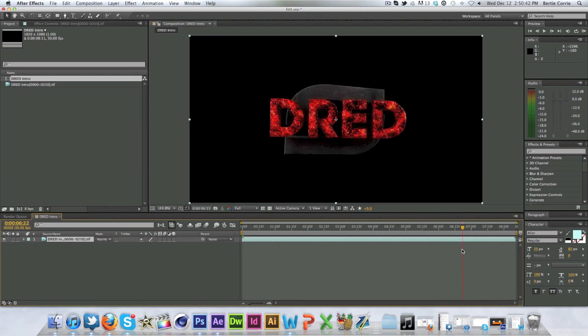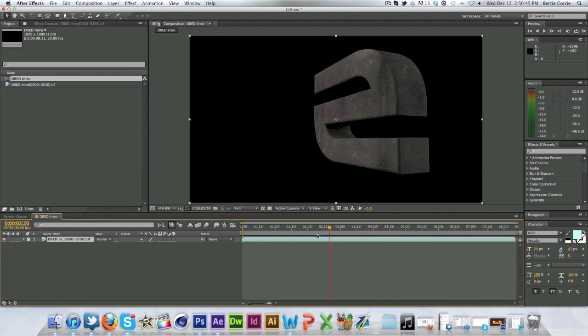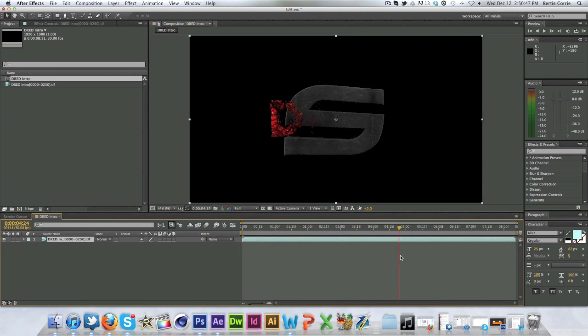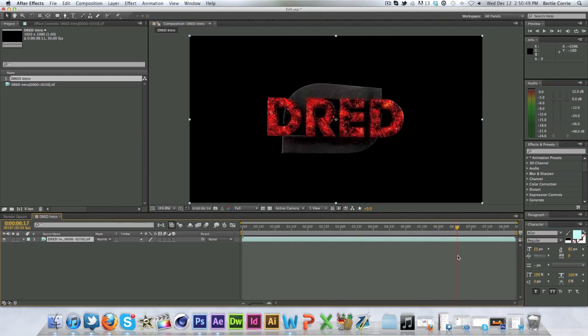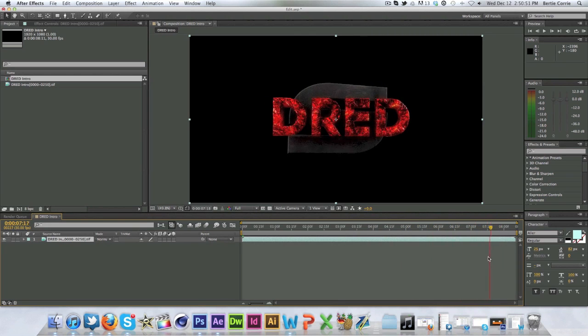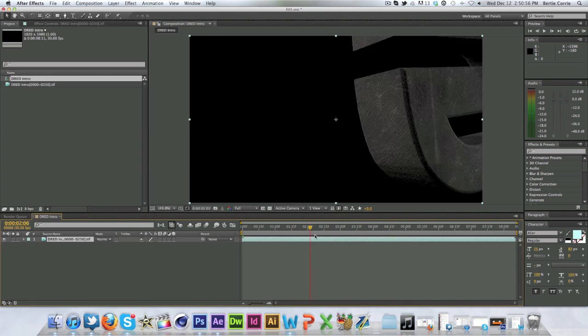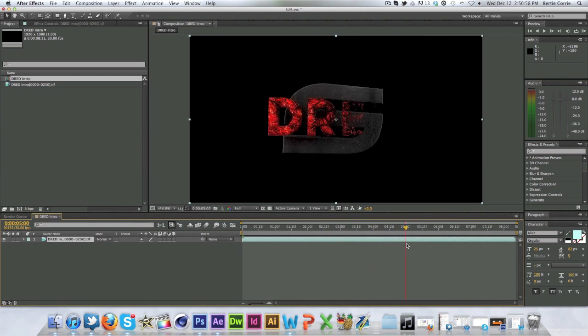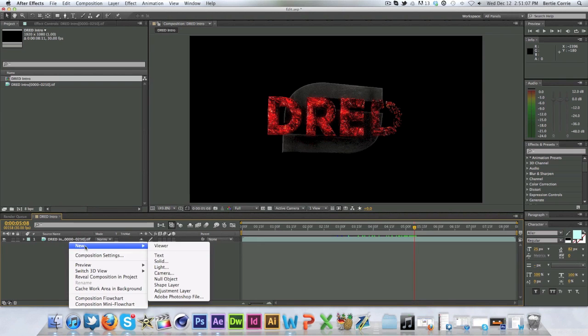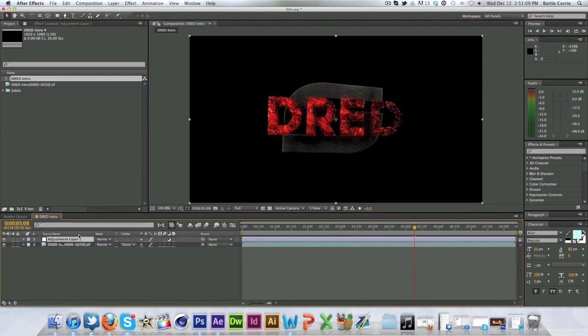So there we go, let's make sure it's all good. Nice camera movements, nice movement on the lava. It's all good, I'm happy with that. So what we're going to do first is find a good spot to test your colour correction. So around there. So we're just going to right click down here, new adjustment layer, and in effects and presets you need Magic